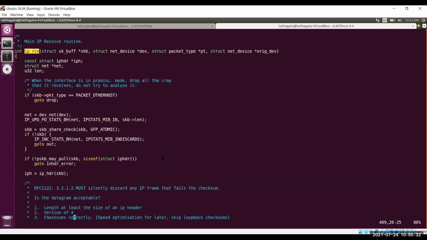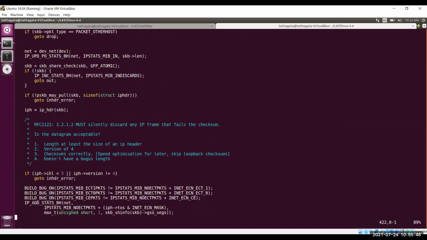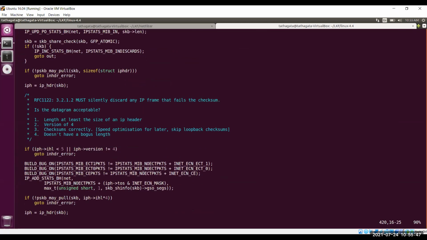So here you can see that initially some checks are getting done, whether the sanity checks are okay or not, the skb related part, and then the IP header sanity checking is done.